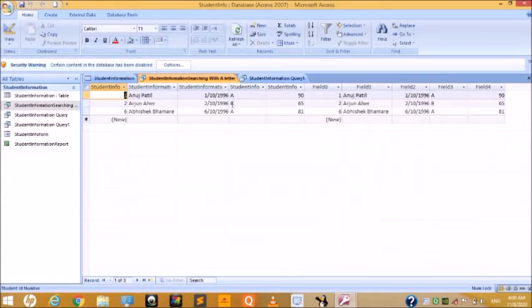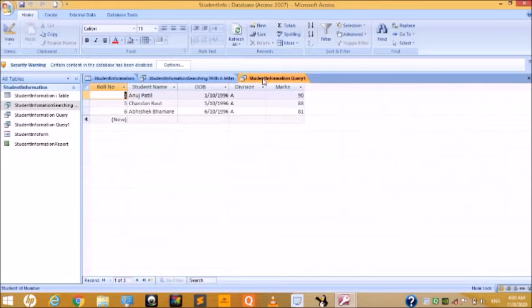In first query, we're going to filter that student only starting with the A letter, and in second query, we're going to filter those data, their marks will be above the 80. In this way, query means only to filter the data, search the data. Means we're going to extract the information from one or more tables of queries in some specific criteria. Okay, so understood how to create the query by using the query design and query wizard.